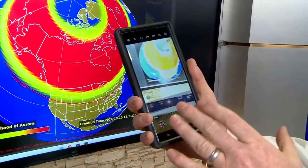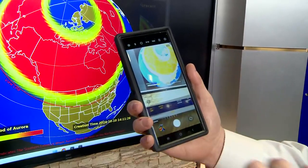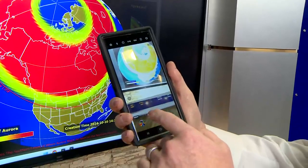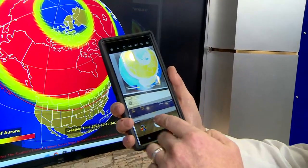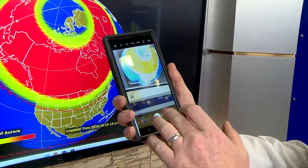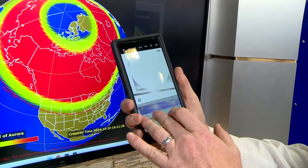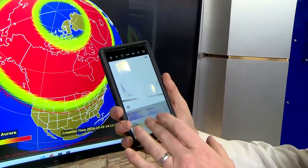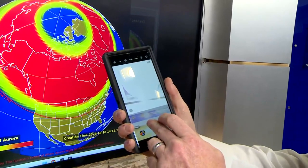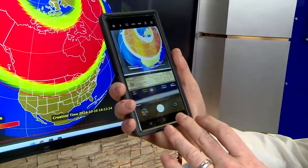And normally you'd get a completely washed out image unless you're taking a picture in the dark looking toward the horizon, for example. You might be able to get something better. But you want to combine it with a longer speed here, sometimes referred to as a shutter, where it's going to leave the lens open longer to let in even more light to take that picture. Now, I'm not going to take it because I don't want to burn out my lens, but the idea there is you can see it adjusting to that, letting in more light,